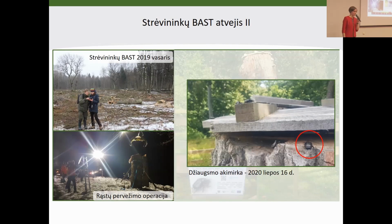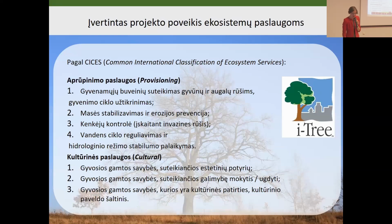Of course, it would be good to avoid such cases of logging trees inhabited by our precious beetles, but even if that happens, it is also good to create a monument for the habitat while enlightening people. And also we assess the impact of the project for the services of the ecosystem. These were 7 services, and at the end, the final assessment will be provided, but the A3 tool was used,